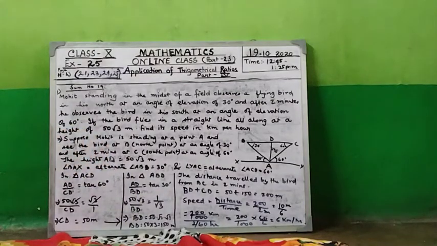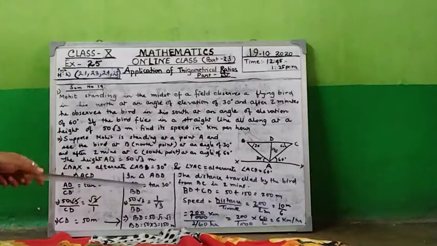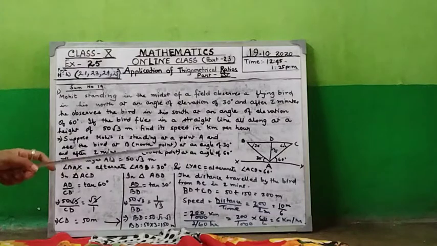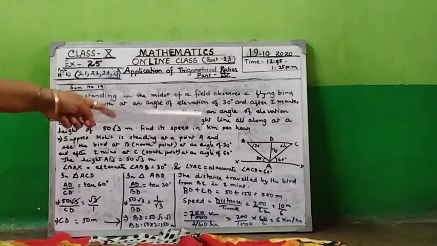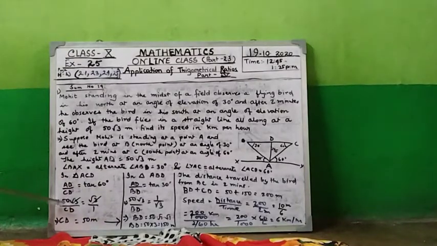Now you see that this is creating an alternate angle. These two are the transversal line and it is creating an alternate angle, angle BAX and angle ABD. Again there is an alternate angle with YAC and ACD. Now in triangle ACD, the smaller triangle ACD, AD by CD is equal to tan 60 degree. Now what is AD? We know AD is equal to 50√3 meter. So 50√3 meter by CD into √3. √3 gets cancelled, so CD is equal to 50 meter.